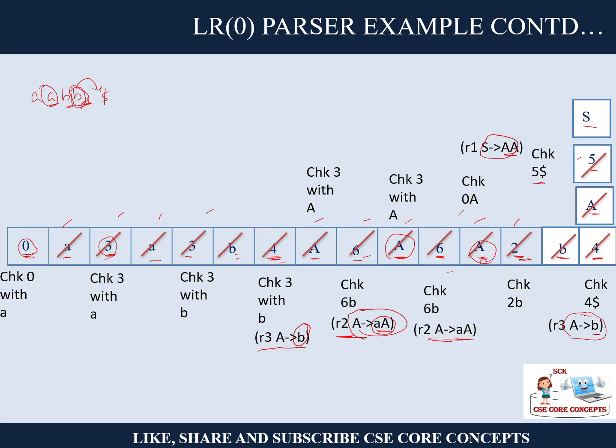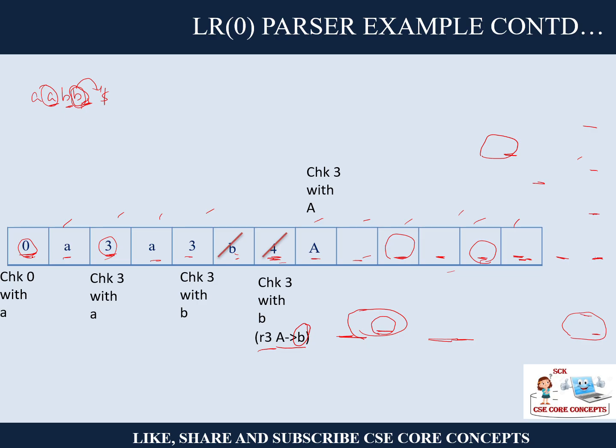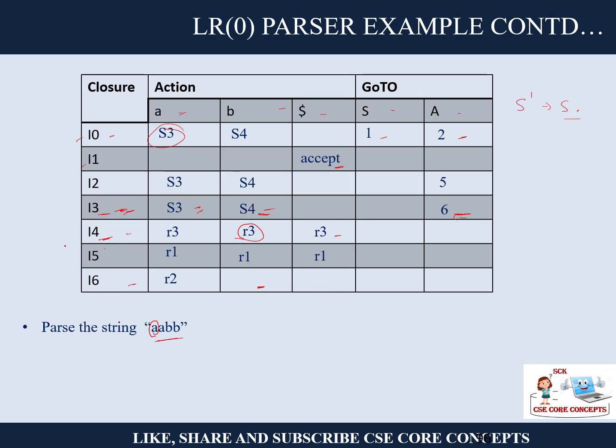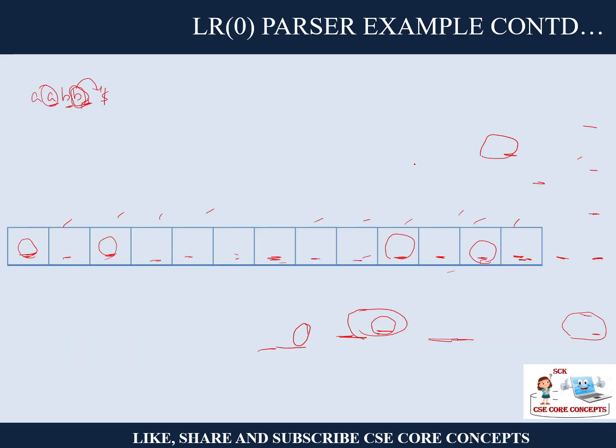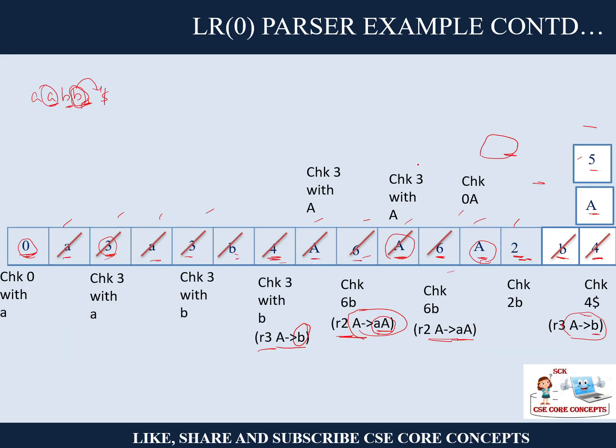S and 0 you have to check, right? You have to check S and 0. Let's go back and check S and 0. It is getting very, very interesting, right? So you check S and 0, the 0th closure and S. Yeah, we are getting 1. So you can write down here, S is 1, right?